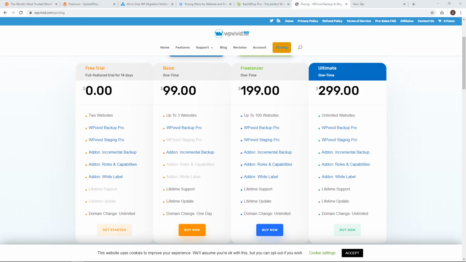Now, looking at the pricing for WP Vivid, obviously the free one is the best value because you get almost everything in the free version. There are a few little add-ons that you get with the basic and the freelancer version, so that can be worth it. And it is just a one-time fee. So again, if you're on a tight budget and you want to keep costs down, then paying a one-time fee